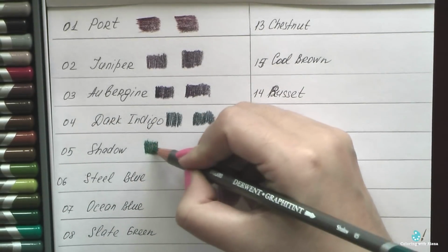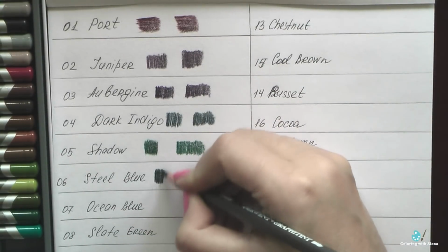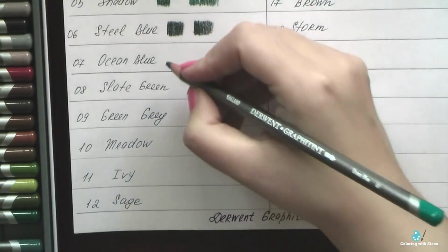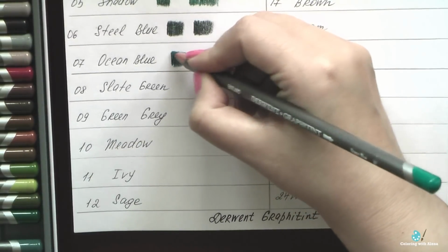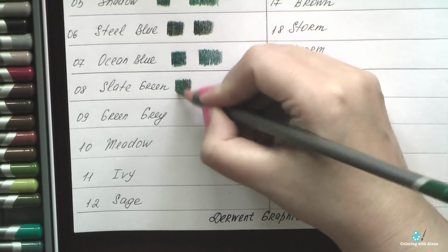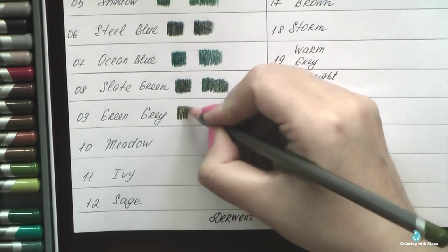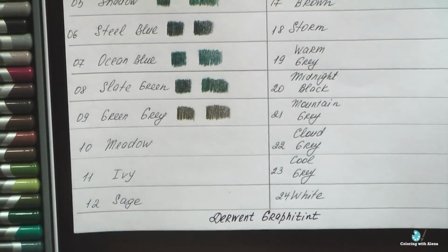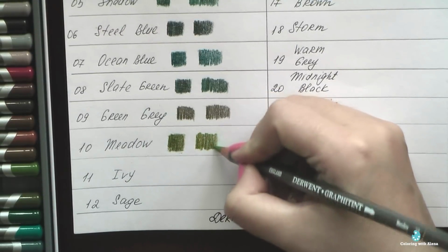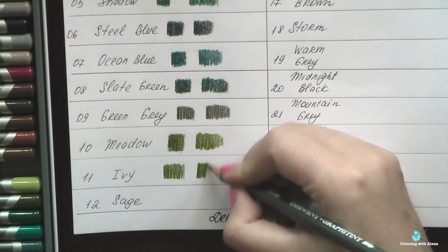As I already said, these pencils are tinted graphite, and dry, Graphitint are really dark with only a hint of color. But I saw on other swatches that when you add water, colors become much more vibrant. On the Derwent website there is a chart which indicates that almost all pencils have very nice lightfastness, so it's good. I don't know honestly where to use these pencils when they are dry, but I really love them after